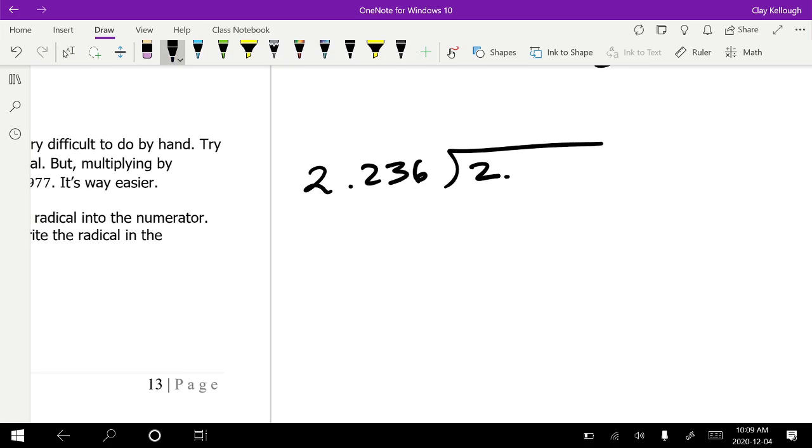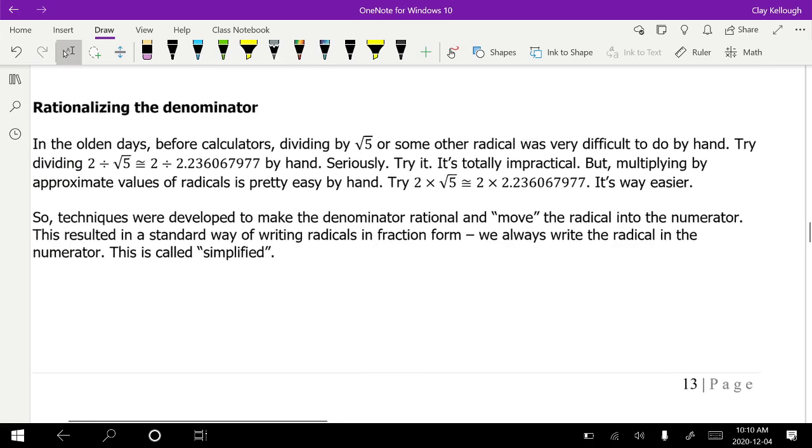You have to match how many decimals are in both parts of your divide. And then you go, okay, well, 2 doesn't go into 2, but 2.236 does go into 20 once. So that'd be not once, what am I saying? 9 times is what it would go in. So now I got to do 9 times 2.236. And remember, I don't have a calculator. So what is 9 times 2? You know what? I'm tired of this already. I've had enough. We don't want to do that. But